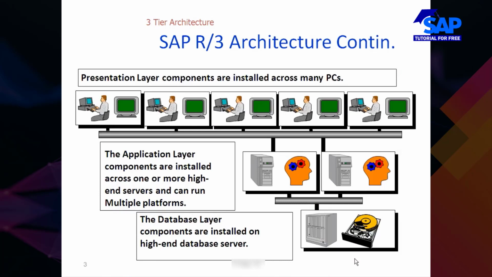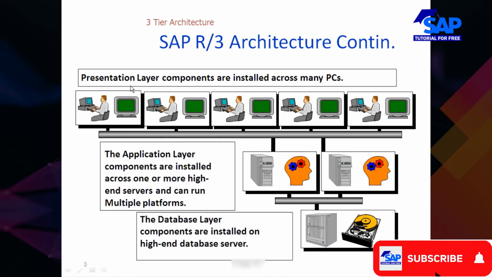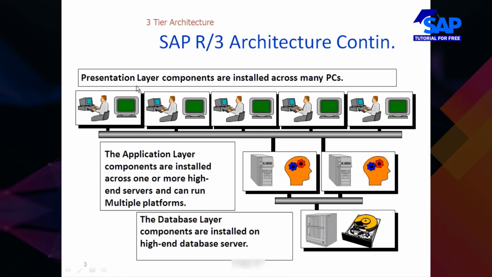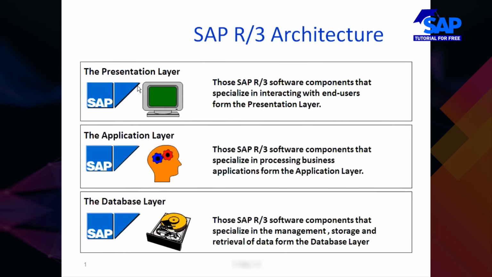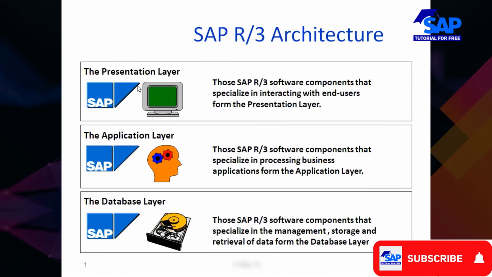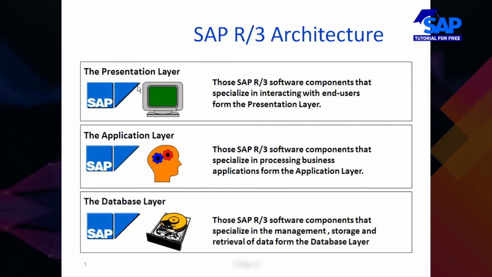So the first layer, what we call the presentation layer, which is also called the client layer, basically contains all the software components that specialize in interacting with the end users from the presentation layer. In the sense, what is meant by interacting with the end user? For example,